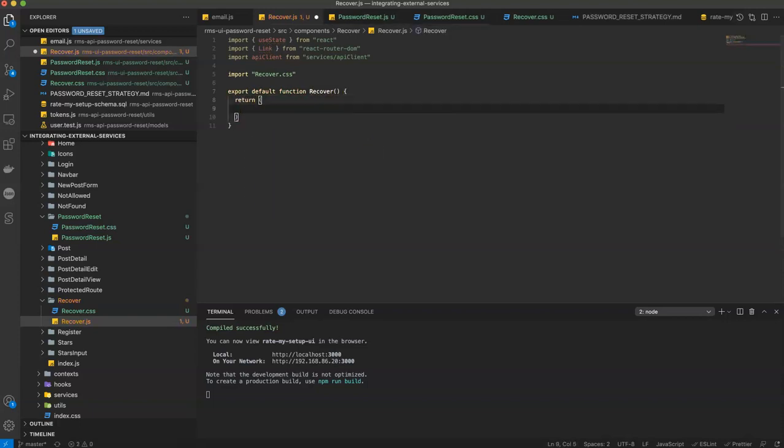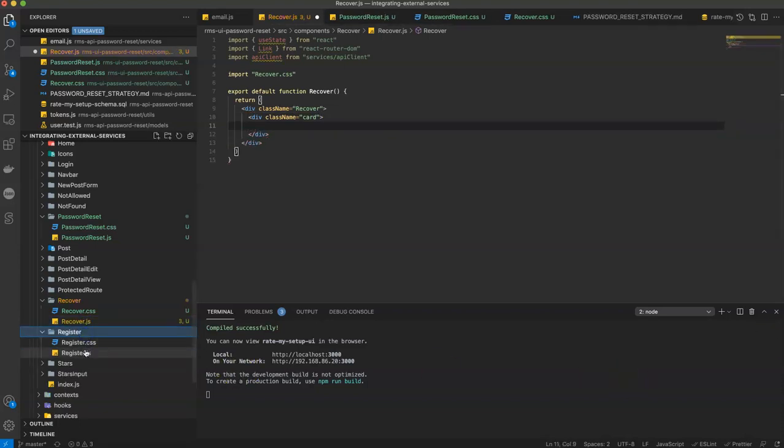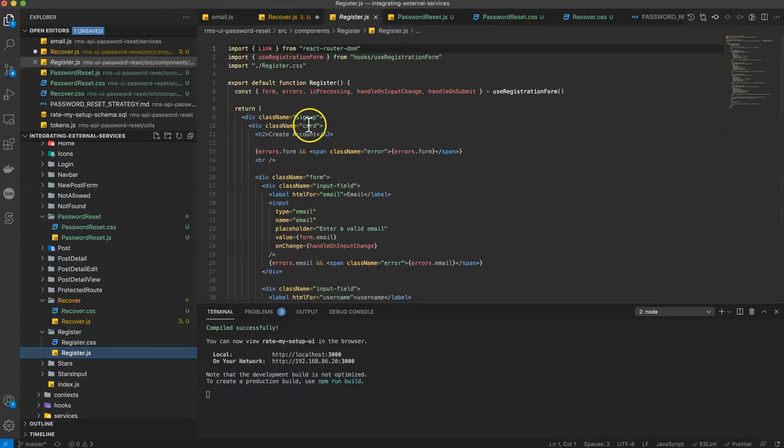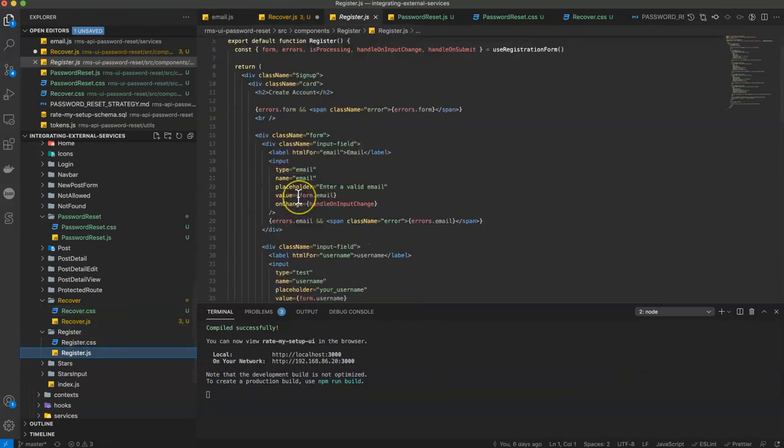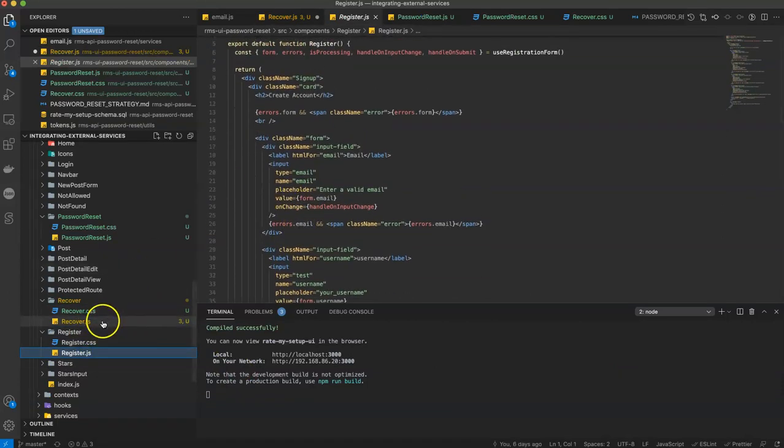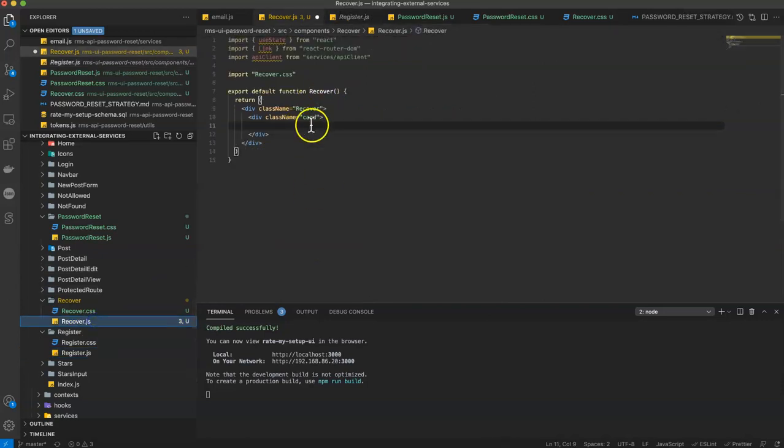We'll return a div with a class name equal to recover, and inside there we'll have a div with a class name equal to card, which I think is how we did it in the registration form. Let's see. Yeah, sign up card, cool. We'll do the same thing basically here. We could even copy this whole thing if we want, but let's just write it out. We have an H2 that says account recovery,